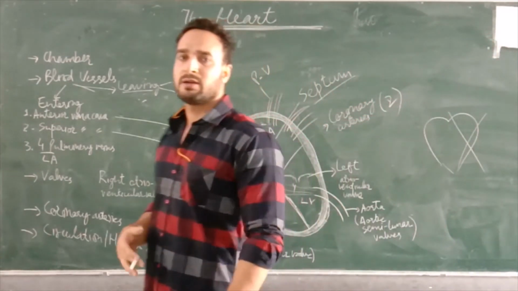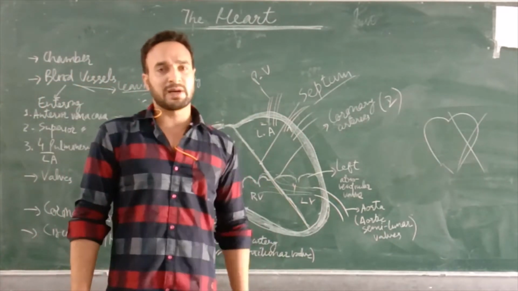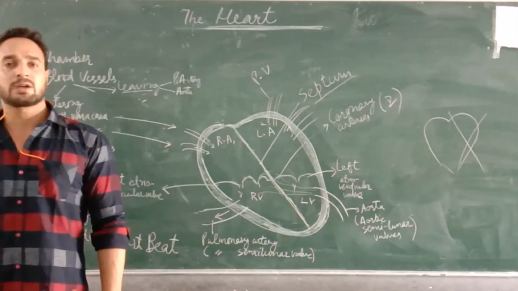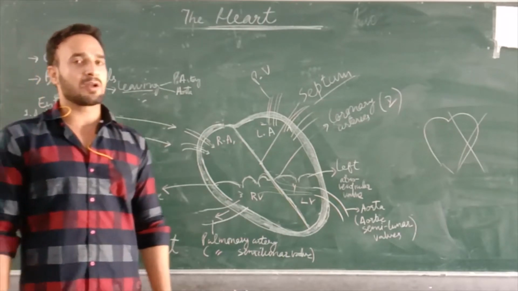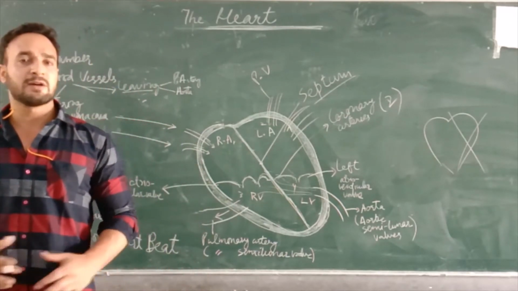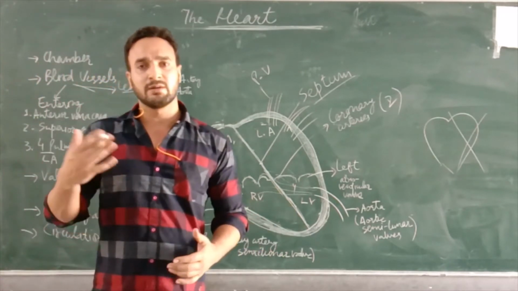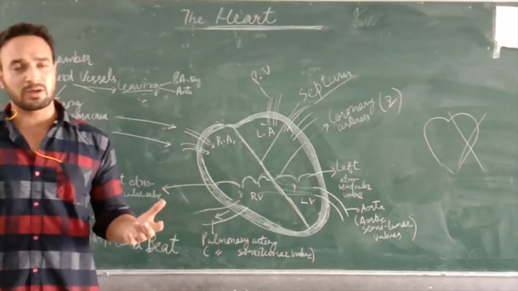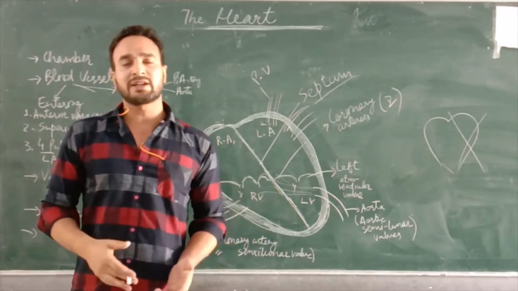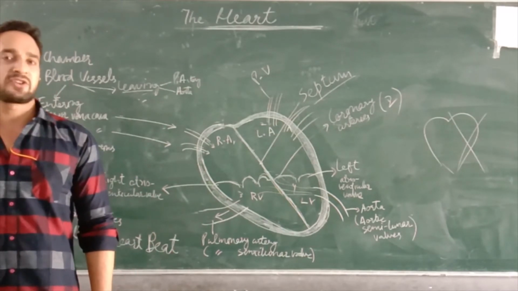Sometimes these arteries may be blocked. That results in restricted flow of blood to the muscles of the heart, a condition called myocardial infarction, or commonly called a heart attack. So a heart attack or myocardial infarction is because, one way or the other, the coronary arteries get blocked. When the coronary arteries get blocked, the walls of the heart, the muscles of the heart, do not receive the blood. That condition is called a heart attack or myocardial infarction.